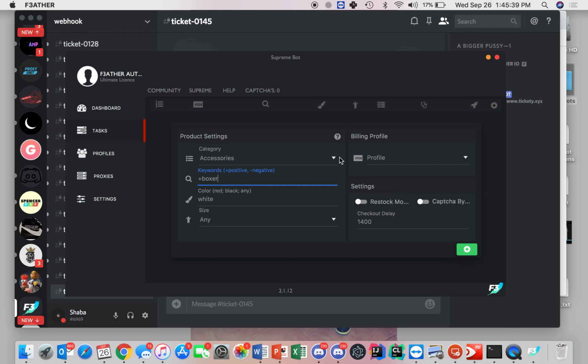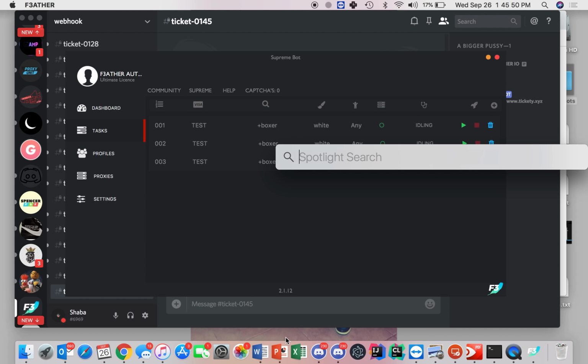So we have boxers, we have the white, we're going to do the test profile, and then if you want to solve through captcha, obviously you don't toggle anything. You set your delay to whatever you want. So I'm testing with 3,